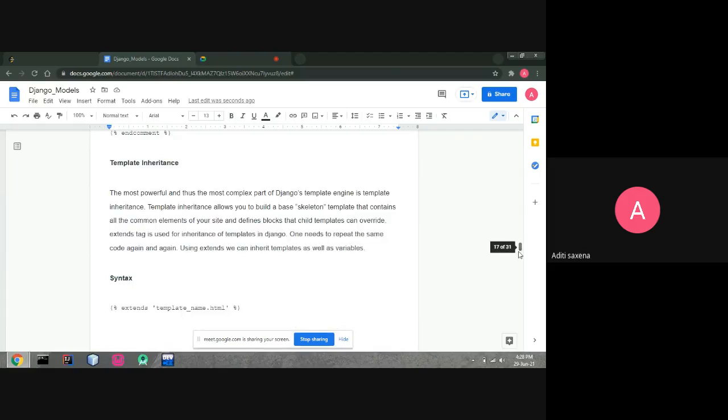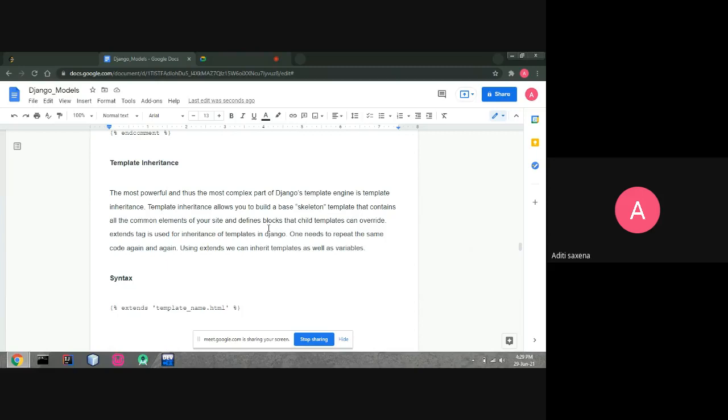Now, template inheritance. The most powerful and the most complex part of the Django template engine is template inheritance. Template inheritance allows you to build a base skeleton template that contains all the common elements of your site and defines blocks. It's like classes: you create a base class, which is then inherited by the other classes.